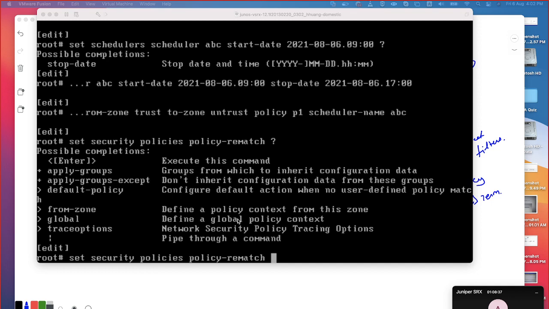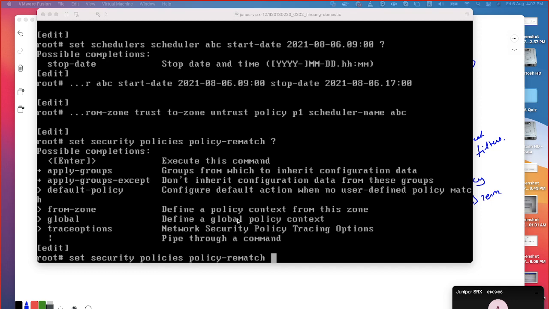After committing, the changes will take effect, right? But if the policy rematch is disabled, then existing sessions will still continue even though you have modified the action of the policy from permit to deny or reject. But if you have enabled the rematch, all your existing sessions will be dropped. Don't forget these things.